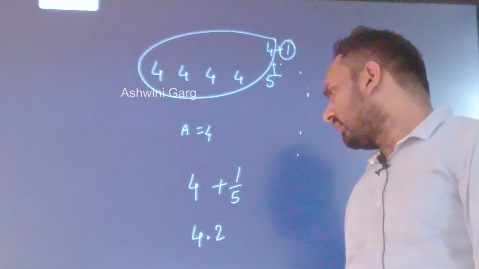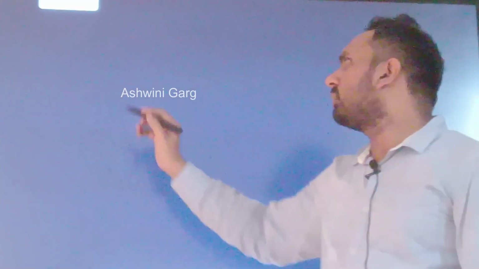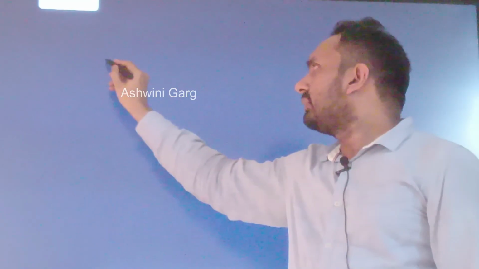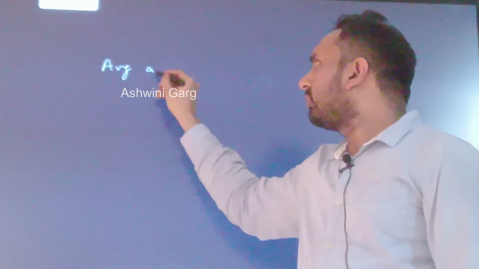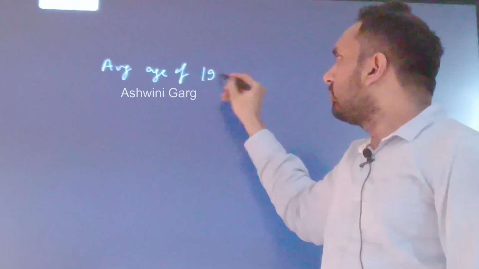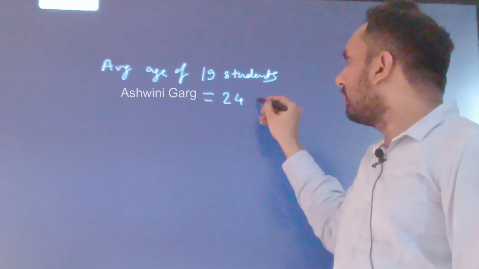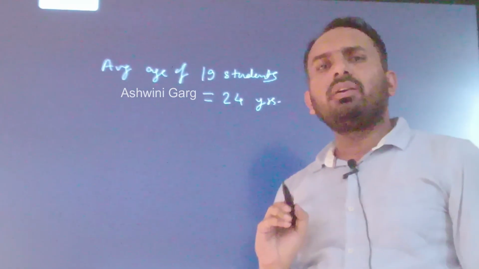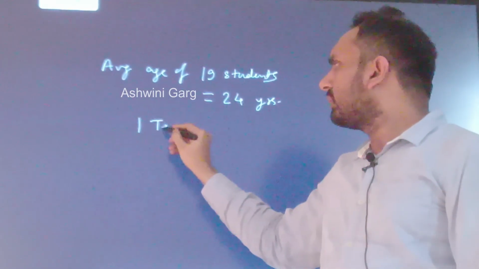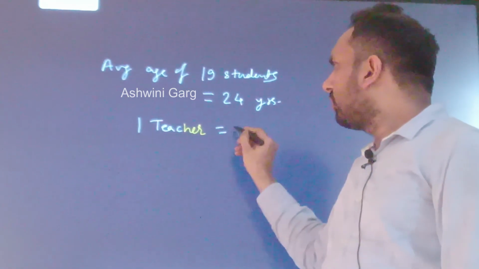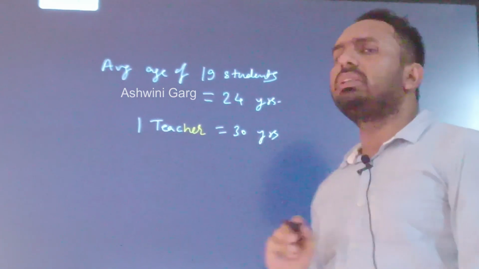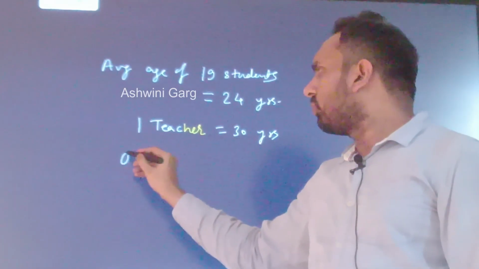So using this concept, we can solve some of the inclusion-exclusion problems. So let us now come straight into the inclusion-exclusion problem. So first problem, if I write, let's say the average age of 19 students is, let's say, 24 years. And there is one teacher whose age is 30 years. And I want to find the overall